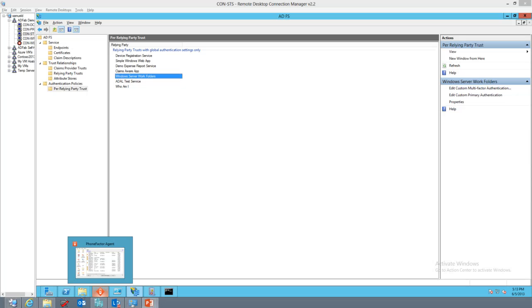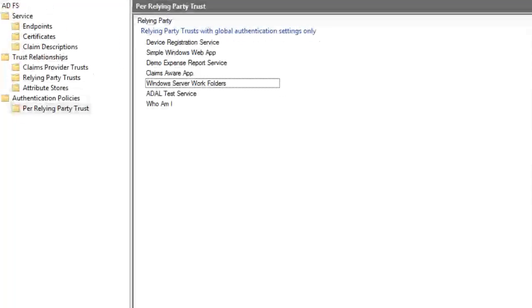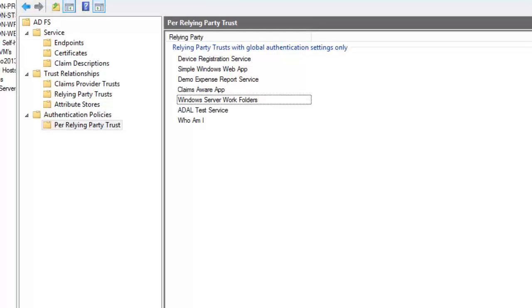Give me a second. I need to zoom it. Okay, so